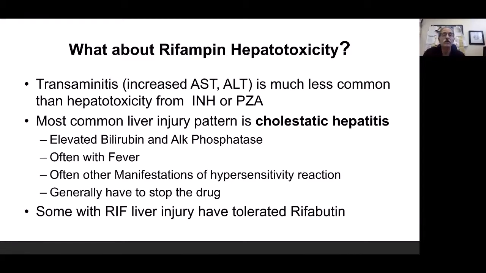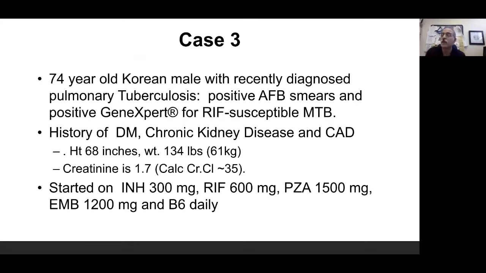Okay, so let's move on to our third case. This is a 74-year-old Korean man with recently diagnosed pulmonary tuberculosis. He has a positive acid-fast smear, which is rifampin susceptible MTB by GeneXpert. He has a history of diabetes and chronic kidney disease. He weighs about 134 pounds. His baseline creatinine is about 1.7 with a calculated creatinine clearance of 35. He is started on daily isoniazid, rifampin, pyrazinamide, and ethambutol with